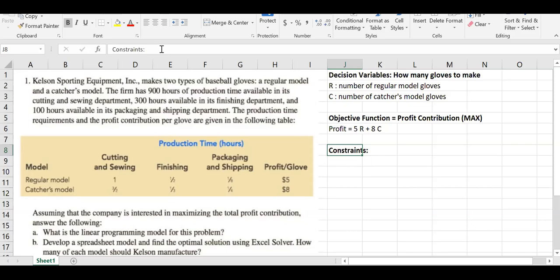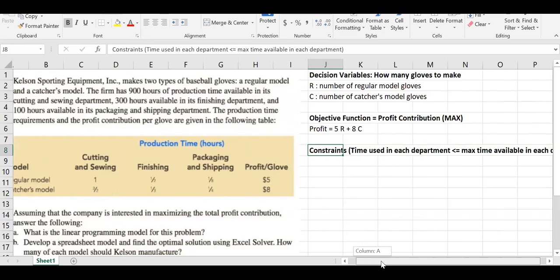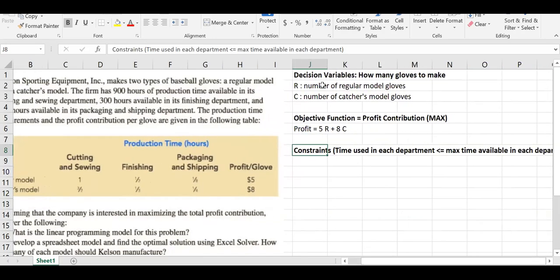So the time used in each department should be less than or equal to the maximum time available in each department. We can't go beyond that, 900 hours in